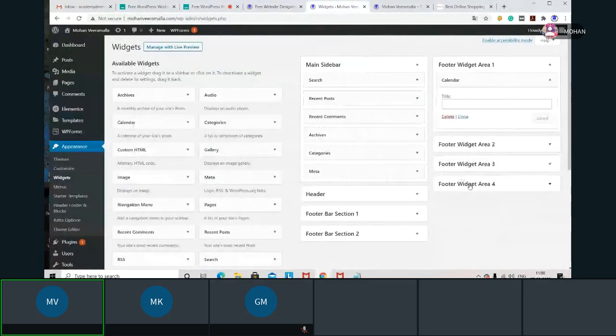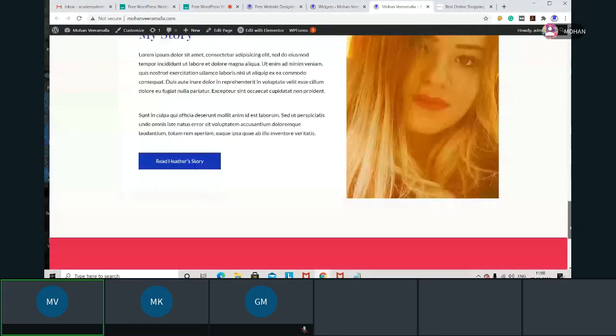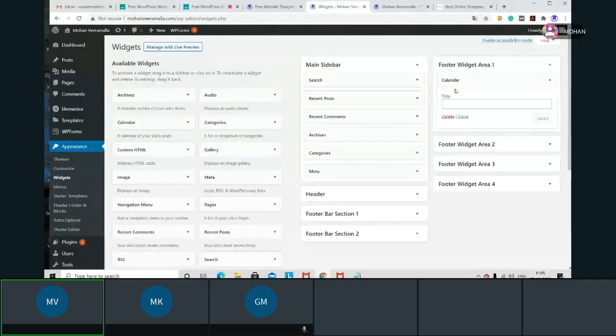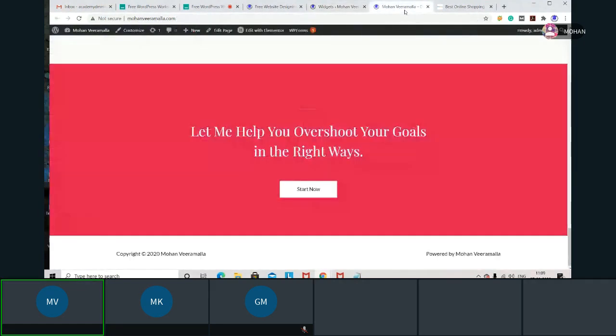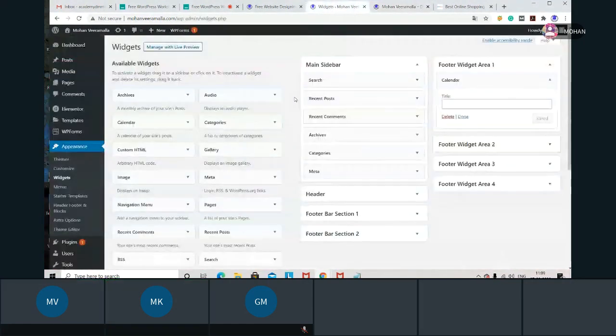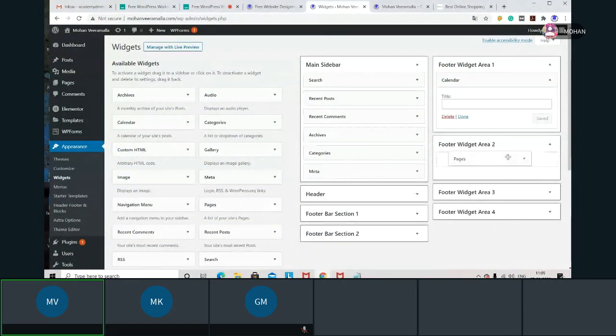Now what we'll do is first create footers. In the website we are designing, we don't have any footer; nothing is there. This is the end section. Now we have to do the footer. I already did the calendar and saved it, but I'll refresh and check whether it is coming. If not, we have to do the second process. See, I have saved the calendar, but it is not coming. Yes, sir. And we'll check one more thing.